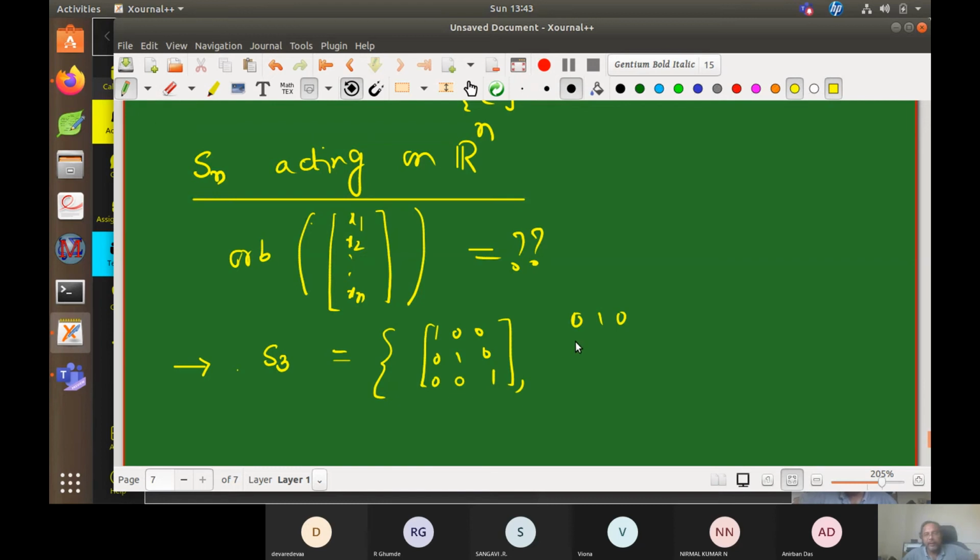It will help you to understand, maybe. At least for me, I like this approach: think of every element as a matrix and operate on it. So finally I hope you know all the elements. If you want, 1 2 3, I will write: 1 goes to 2, 2 goes to 3, 3 goes to 1, right? Like that I have matrices. In total there are 6 elements, some are missing here.